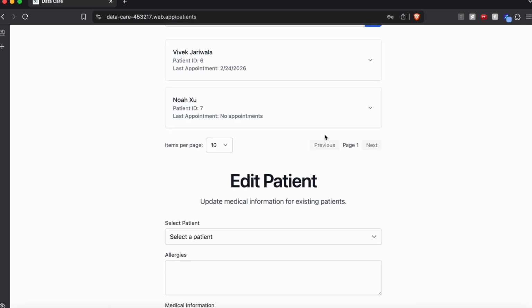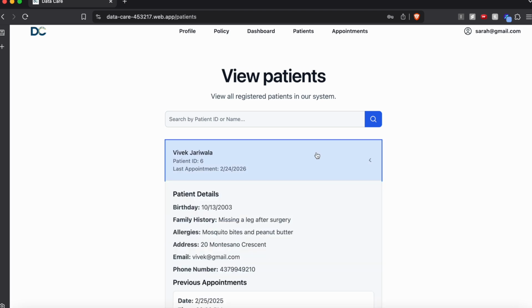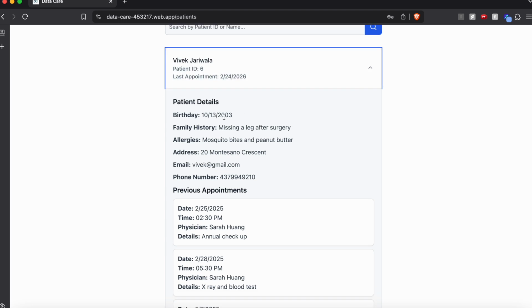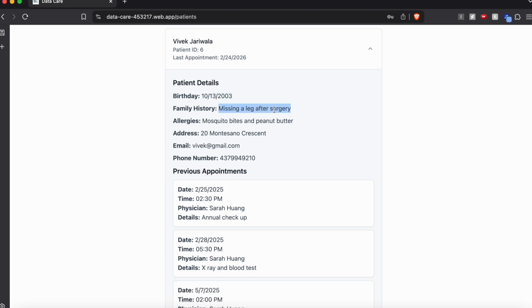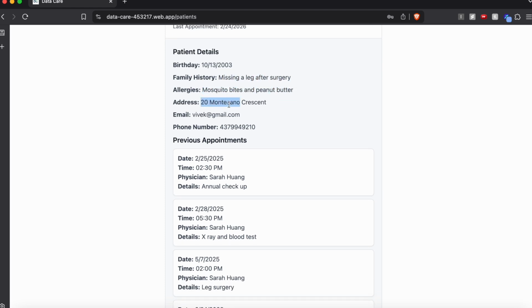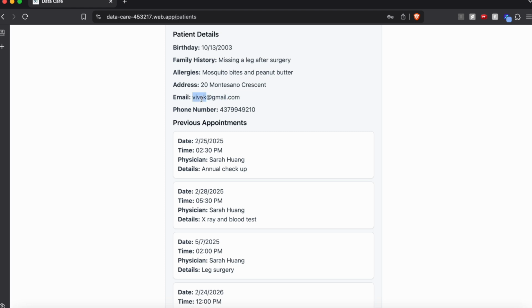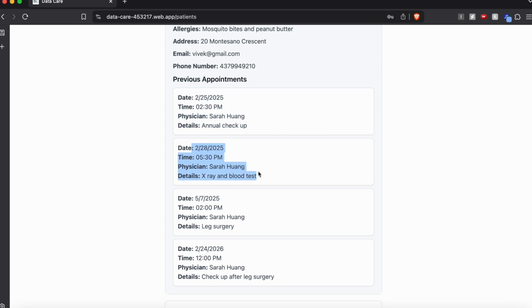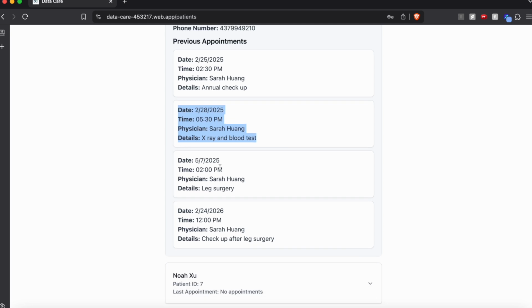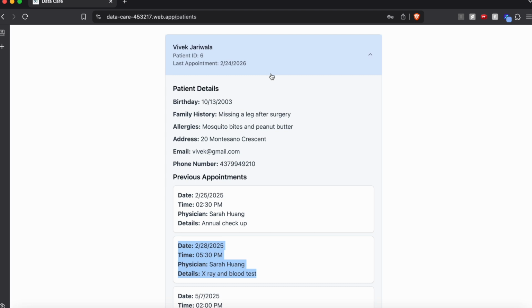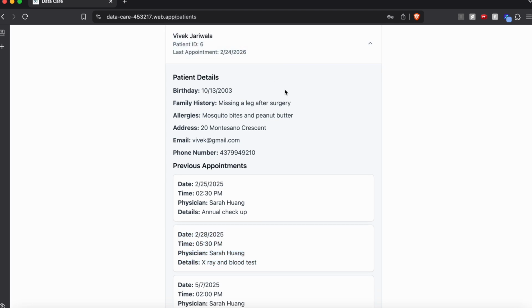So here we're able to view all our existing patients. For example, we have Vivek Jariwala. We can see their birthday, their family history, their allergies, their address, the patient's email, and their phone number. And then you can also see their previous appointments, including the time, as well as upcoming appointments too. And this essentially gives a very comprehensive overview of the patient and helps facilitate that